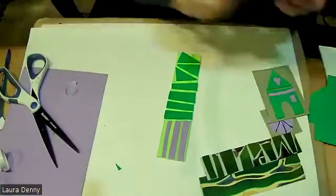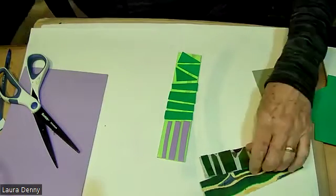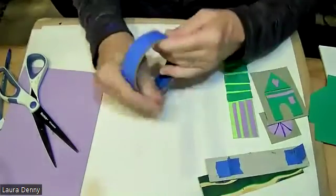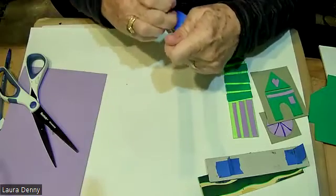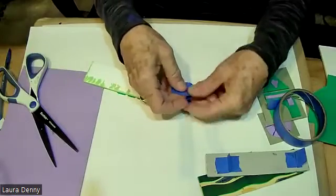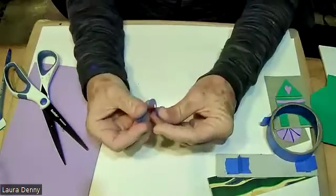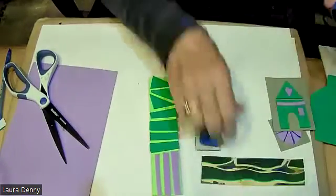Okay, so I've got that. Now, you don't have to do this, but it's kind of nifty to put a little handle, which I make out of tape on the back, so I can push down and then lift up. So I'm just going to take this blue masking tape, make a little tab. Okay, so I got a little tab. You can do it that way, or I find it easier just to kind of pinch it together and then put it down. Okay, so I've got all of these stamps,